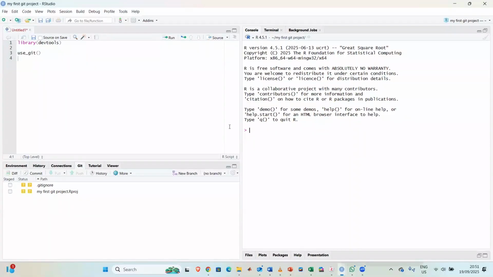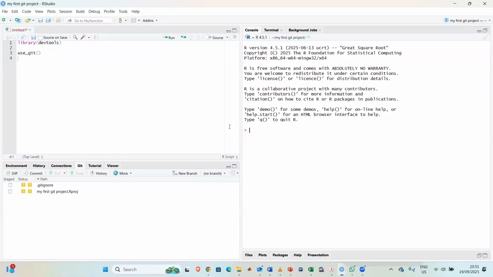Before you can connect to GitHub, you can do this in two ways. You can first create the repo on GitHub and then clone it on your PC, that is if you are the owner of the project. Or you can create the repo on your PC and then push it or save it on GitHub. But I always like to do it here and then save it on GitHub,